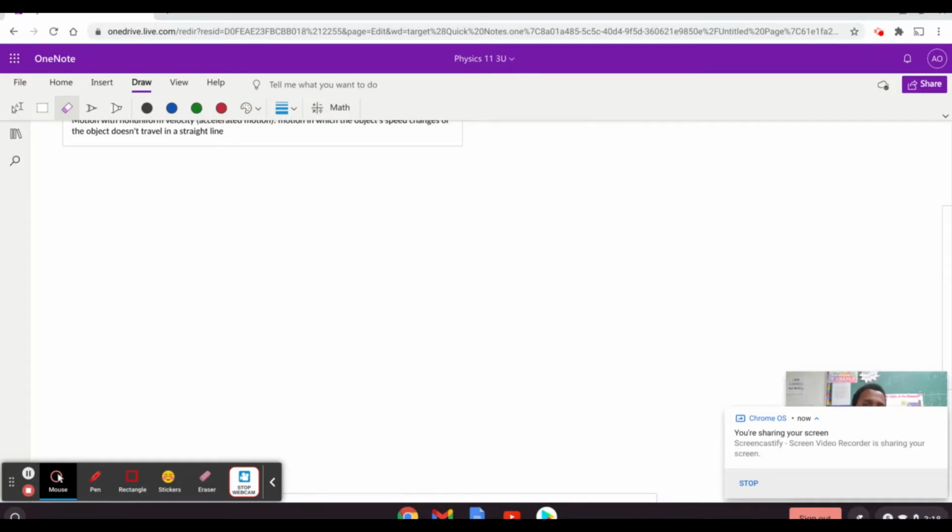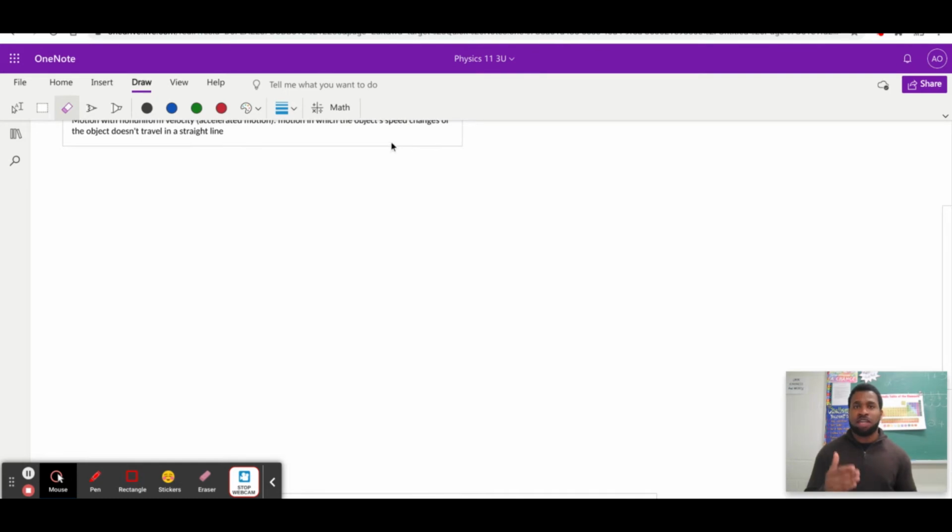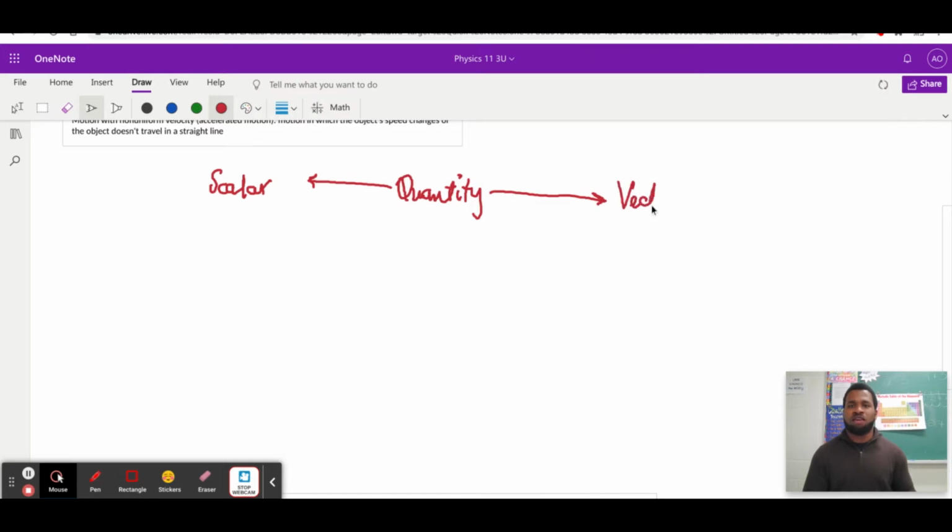Hello class again and welcome to this particular video, and in here we're going to continue from where we stopped involving kinematics. And take note that in our kinematics video we're able to talk about the two types of quantities involving motion. One type of quantity involves scalar quantity while the other is considering the opposite, which is a vector